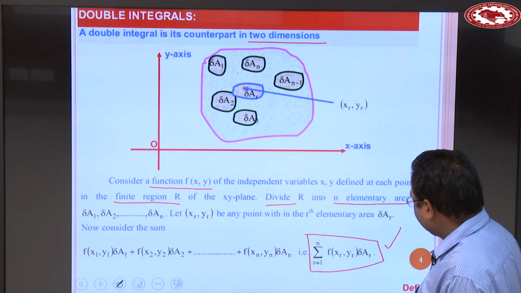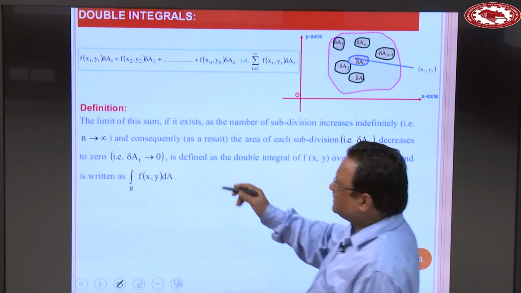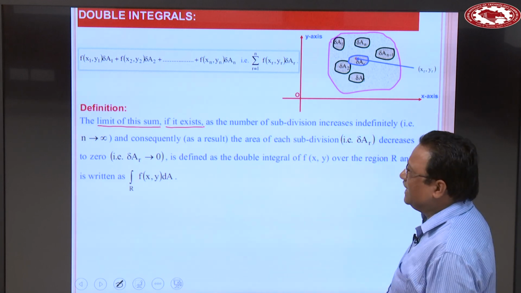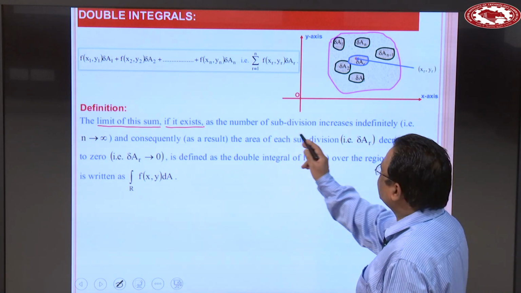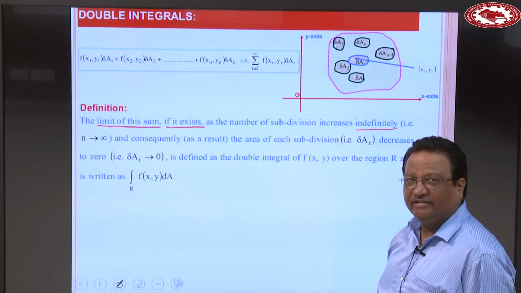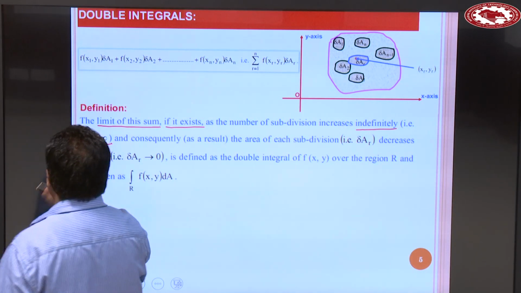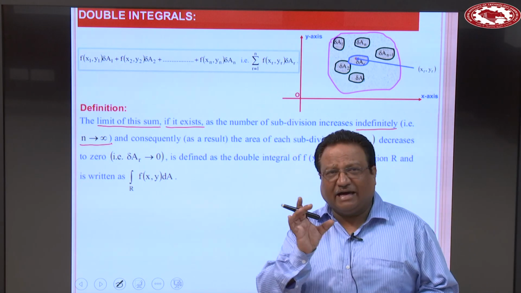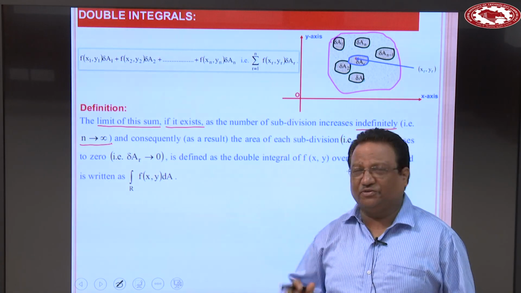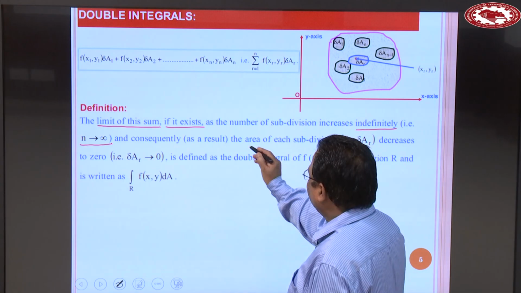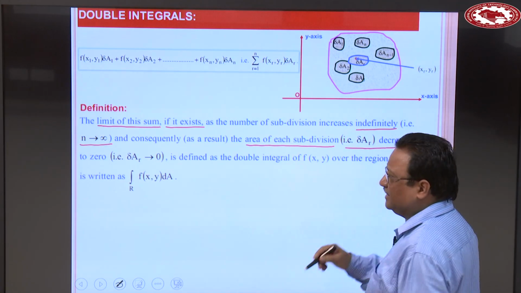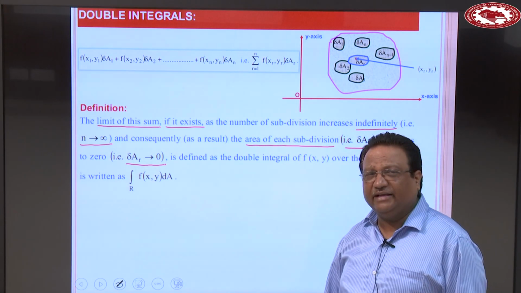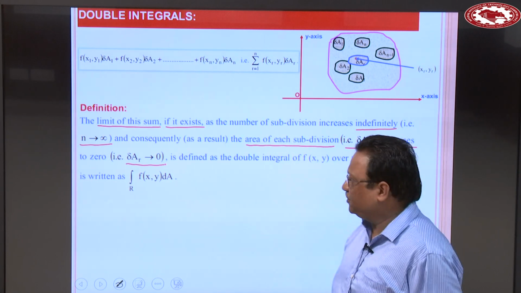Okay, so write down this definition. Definition is the limit of this sum if it exists. The limit of this sum if it exists. Limit means the number of subdivisions increases indefinitely. This means mathematically n tends to infinity. As n tends to infinity, the small areas tend to 0. Clear? So consequently, as a result, the area of each subdivision decreases to 0. That is delta AR tends to 0. So as n tends to infinity, this delta AR tends to 0,